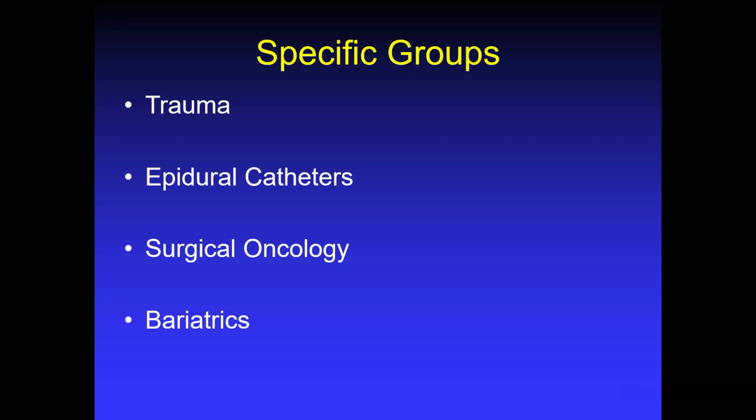Okay, so having looked at some of the basics in the previous module regarding perioperative VTE prophylaxis in surgery patients as a whole, let's turn attention to some nuances related to specific types of surgery patients. I believe 4 specific groups warrant additional consideration or separate consideration. Trauma patients, which we're going to focus on during this podcast, and then those patients receiving epidural catheters or other neuraxial procedures, surgical oncology cases, and bariatric patients, which we'll discuss in the final VTE prophylaxis podcast.